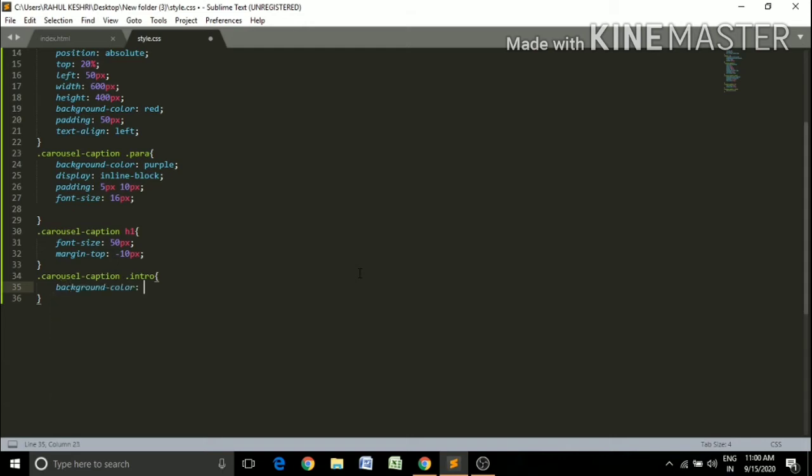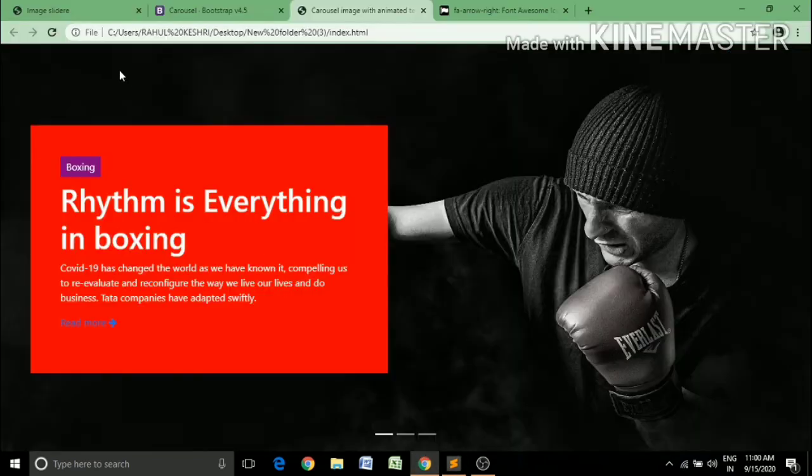Background color pink. We are simply taking the background color to measure padding and margin. After that we will remove it. Width 320 pixel. Now just refresh it and save it.